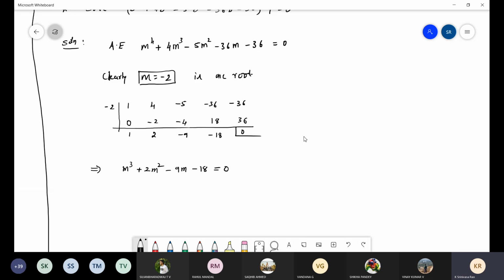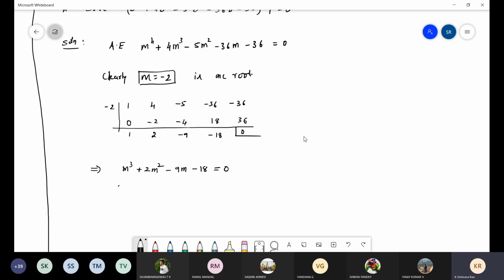I will tell you, in two methods you can find the roots. Yes, any other? Trial and error method only. Again you find out which is the root, which value satisfies this cubic equation, because we still have to calculate 3 roots. What about again plus 1, minus 2? Again minus 2, no?